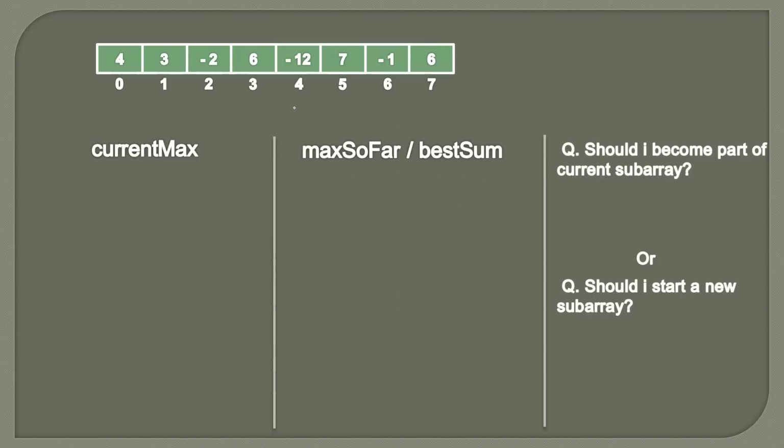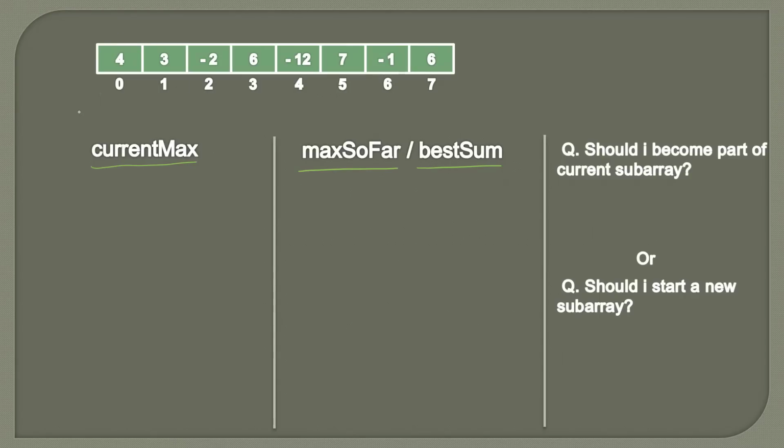So here how we actually solve this problem is we usually create two variables, current max and the best sum or maximum so far. Now what these two variables denote we'll see later, and in this algorithm we try to traverse from left to right. So at the start we encounter 4. Now what we do here is, let's say if our array had only one element 4, so the maximum sum would have been 4 only, and we would have returned from this array saying that 4 is the max sum.